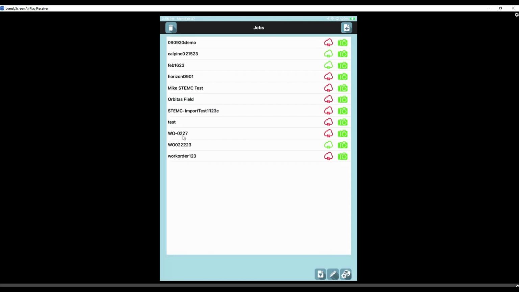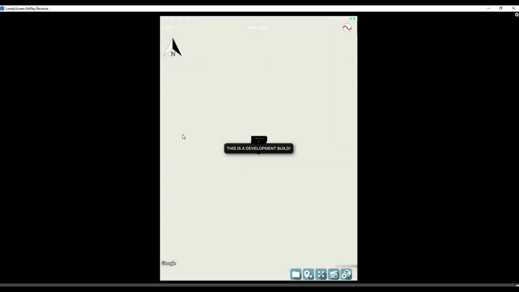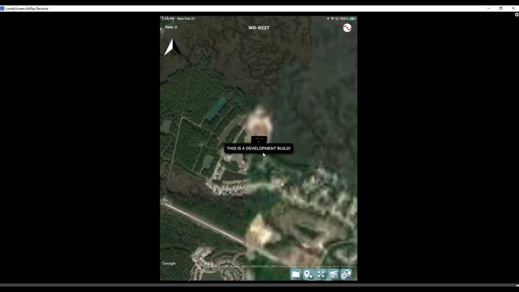In the beta version, we have had people leaving that work order name in the header blank. And if you do, you're going to end up with a blank job name being uploaded. So you want to be careful about that. So make sure you give it a work order name, whether you have one or not. Just like I did there, giving it my own work order name. It could be the exact same thing as the job name, but make sure you give it to it. Then once I've downloaded it onto the device, I simply want to click on it and open it for